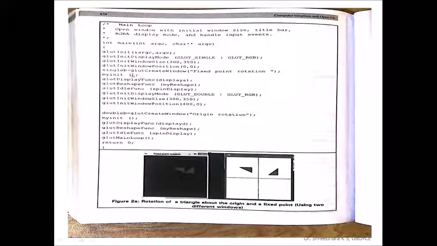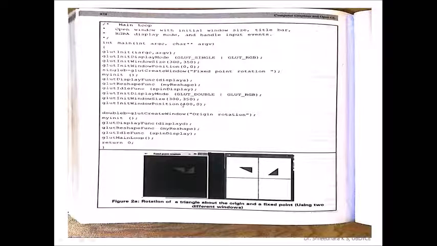You are creating two windows. Observe, this is the first one, single buffer support. You are initializing the display function by display and myReshape. I think you have understood myReshape now. One more utility you are using here is the idle function, for spinning of your display with the help of this. This discussion will be elaborated in the next session. Display mode, window size. So once again you are creating for the second window.